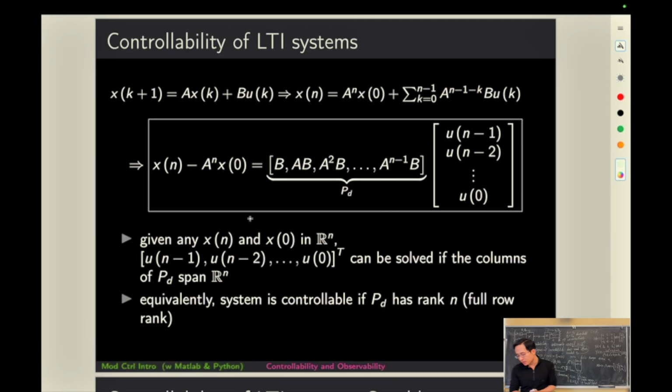Then we have this conclusion: for this discrete time system, the controllability depends on properties of this P_D matrix. If P_D has rank n, then it is controllable. Saying full rank is not accurate, because it's not full column rank in the multi-input case. Full row rank is accurate.